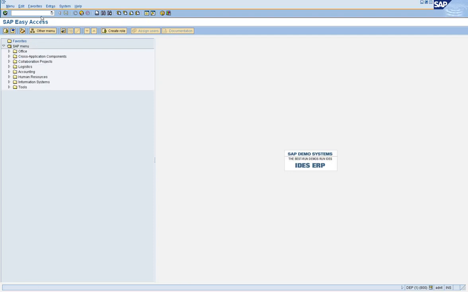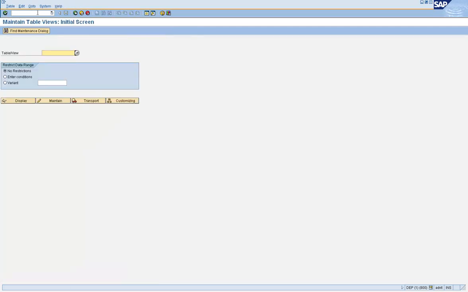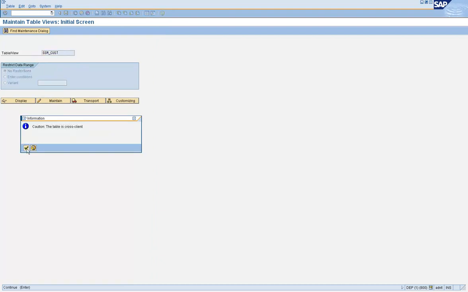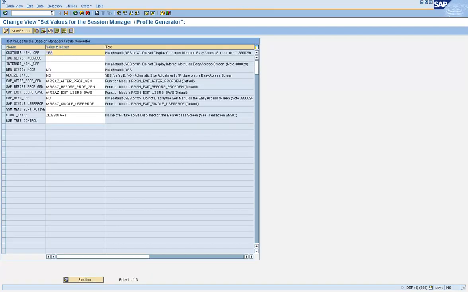Why is the customer menu off not taking effect? What is the value you gave? Yes, so it's not doing it. Anyway, it should have worked. For some reason, it's not working.